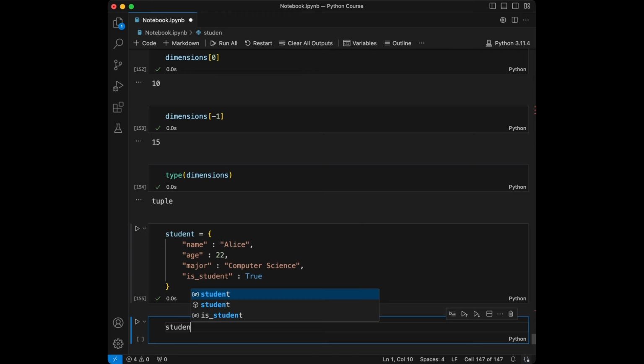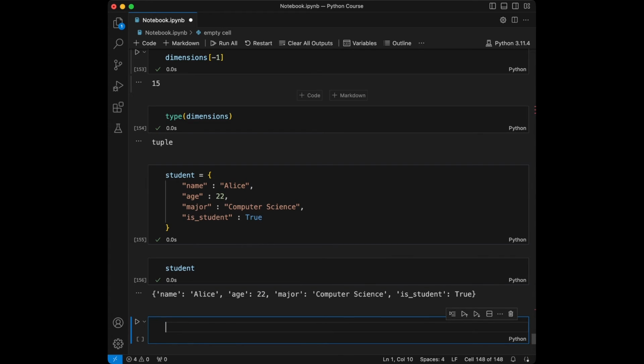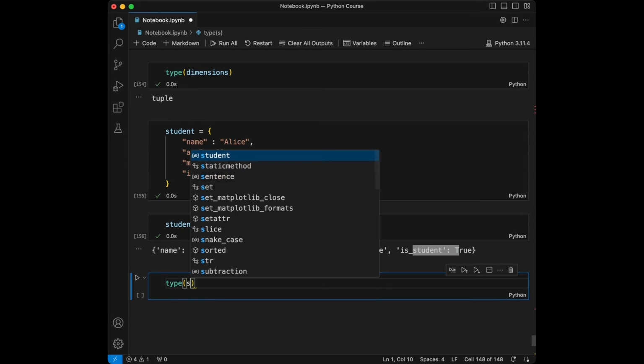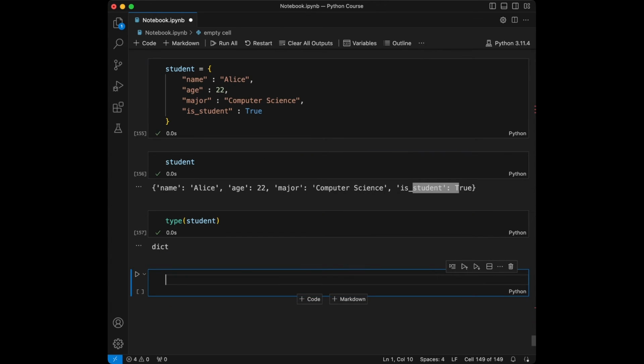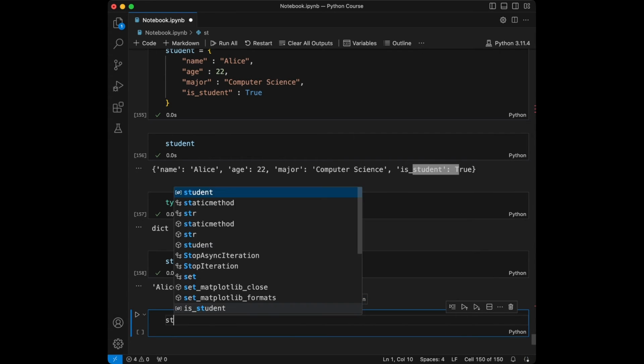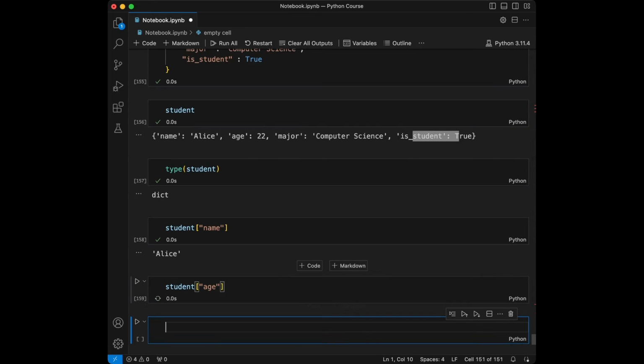So when I call student again, we will see that we will get a dictionary like name and its value Alice, age and 22, major computer science, and is student true. So let's check the type of this. It's going to be a dictionary. It enables us to store keys and values together, and we use dictionaries a lot when we are programming in Python. So how we can access its values, like we can say student, and after that with brackets name, so we will get Alice,